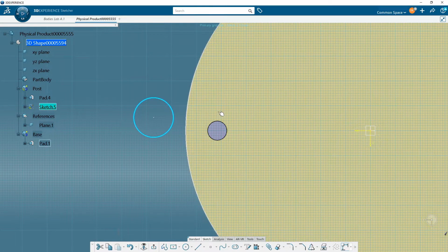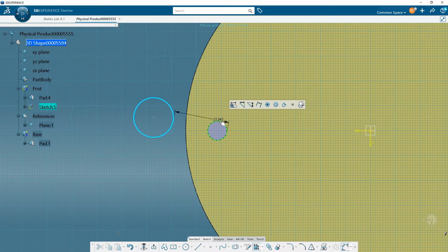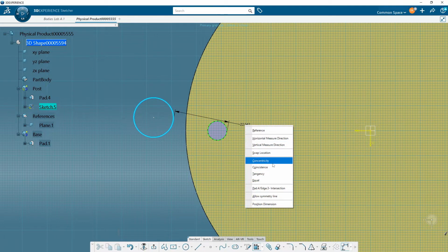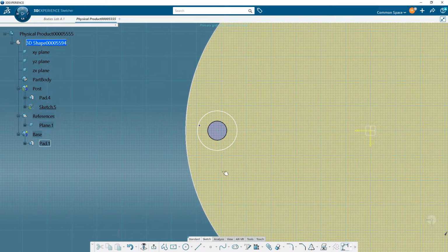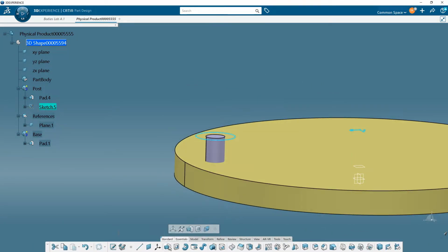I'll do the same thing that I did before. I will click on here, catch that, and catch that edge. It will automatically make a projection. Right click and make it concentric, and then you could dimension it if you like. I'm not going to worry about it. Now exit out of here, and then I'll pad this up